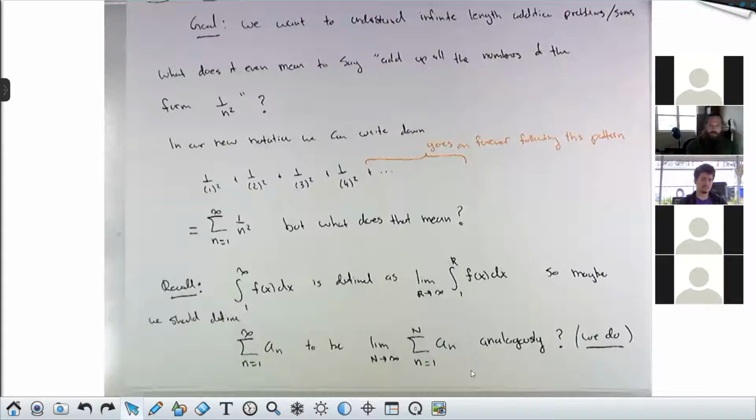The sequence here is playing the same role that f of x plays in the integral. It wouldn't be correct to say that the sequence is f of x, but the same thing that f of x is doing here, the sequence is doing here. It's being added up. So this is just an analogy. They're not equal. This thing is not equal to this thing, and these are certainly not equal to each other. It's just an analogy, but it's a powerful analogy. This is what I meant when I said series are how we integrate sequences.